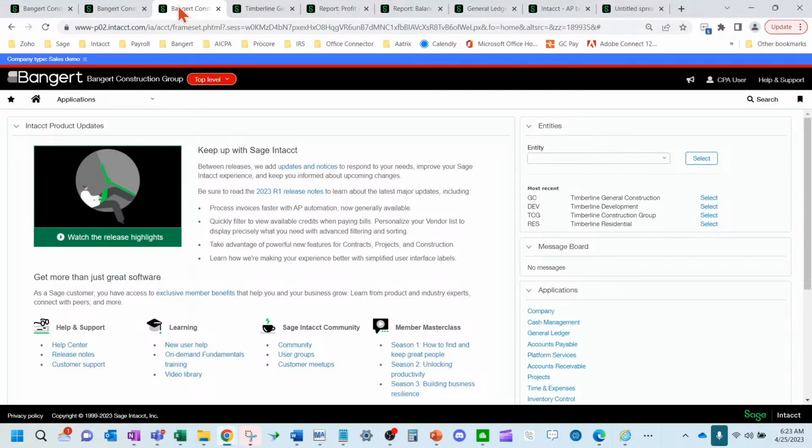Okay, so let's touch on the collaborate feature inside of Intacct. Let's say you're making some year-end journal entries and you want to communicate with your controller or CFO on why you're making the journal entry. It is a good idea inside of Intacct to create a trail of that conversation. So I'm going to log into a sample company here.